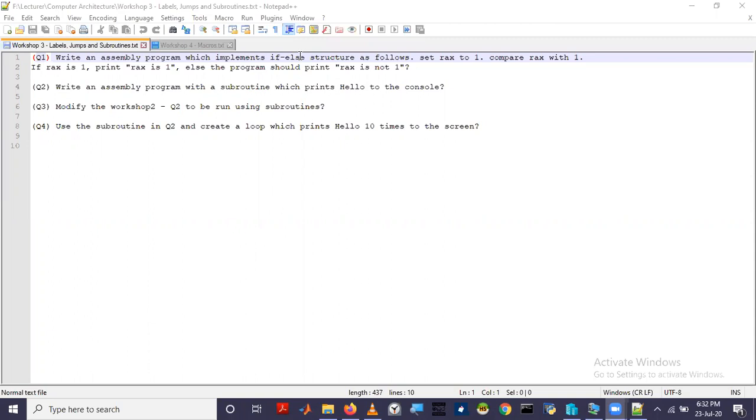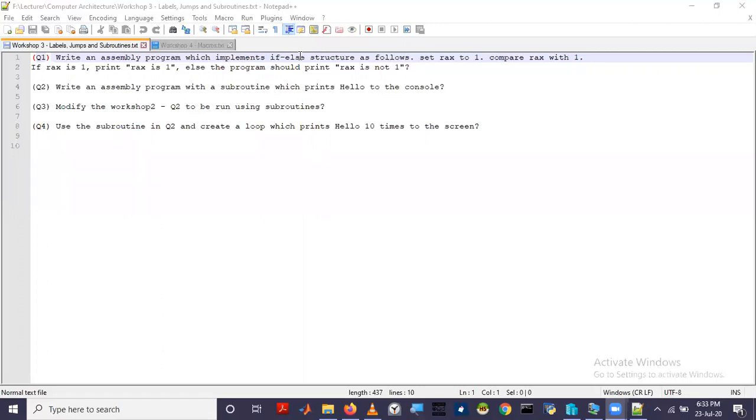So what is a loop? A loop is a repetition of statements. That means we have to execute the same set of statements until some termination condition is reached. Until some termination condition is reached, we have to repeat the same thing again and again, a number of times.